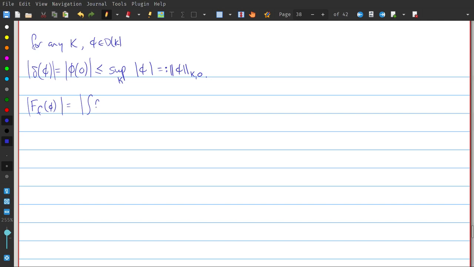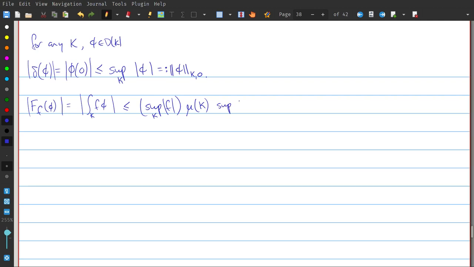This is, of course, the integral of f of phi, and it's the integral over K, because phi is by assumption of this definition of continuity a test function in K, so it's 0 outside K. And this is less than or equal to, if you just take the most brutal approach, the supremum over K of the absolute value of f multiplied by the measure of K